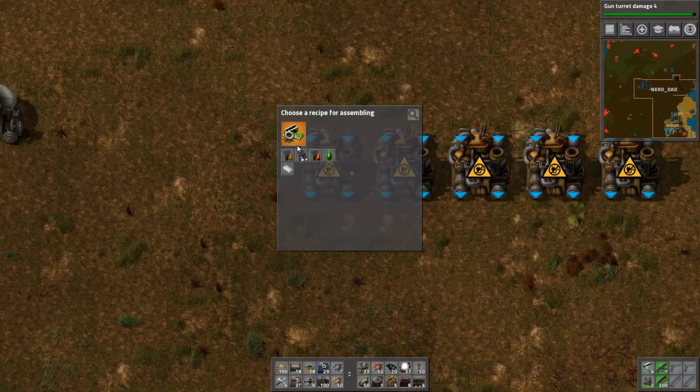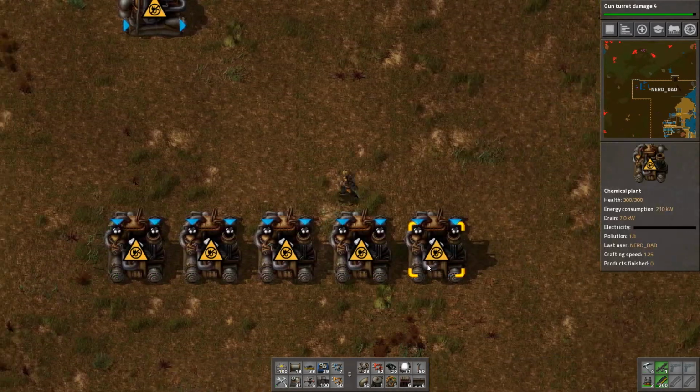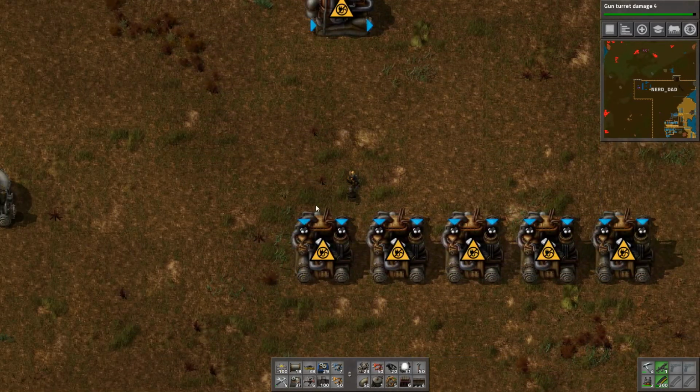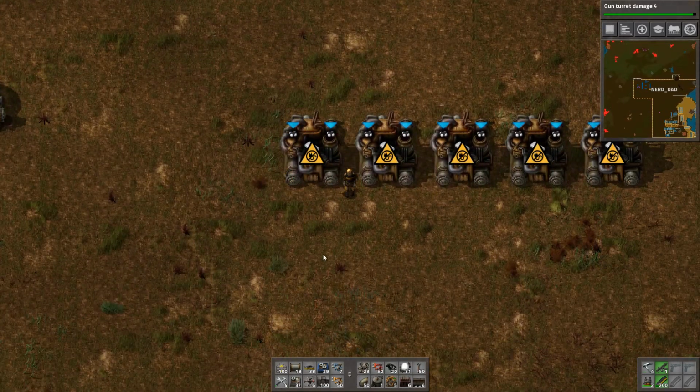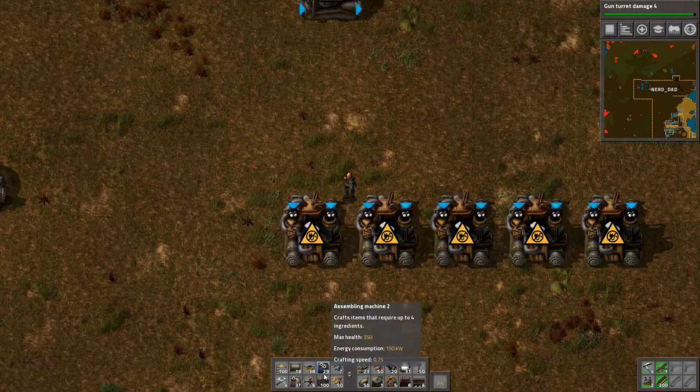And our inputs for this, of course, for plastic, are the coal and the petroleum gas. Well, there's a lot of different ways we can handle this. We could bring the coal in on this side and feed off the plastic on this side. And that, it works. But